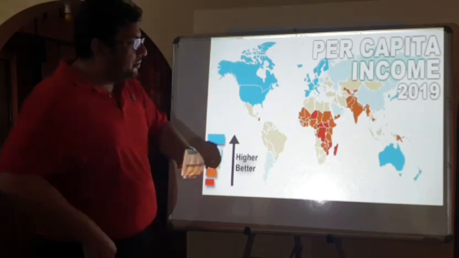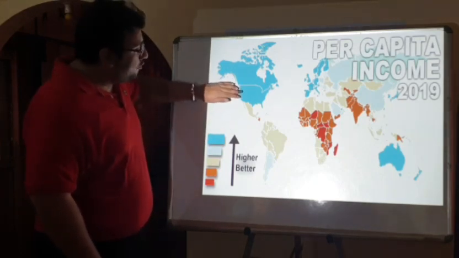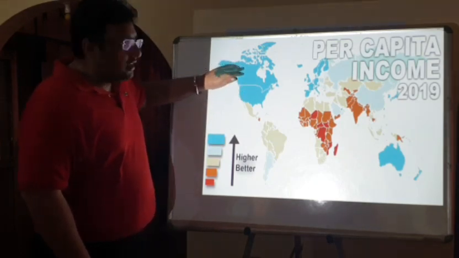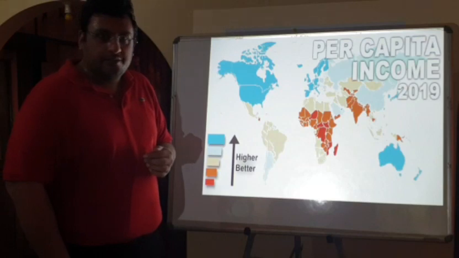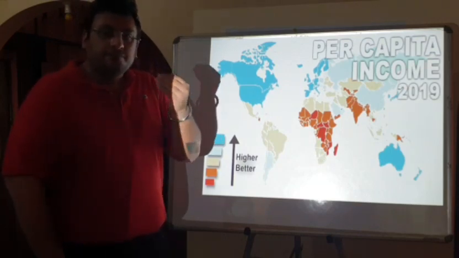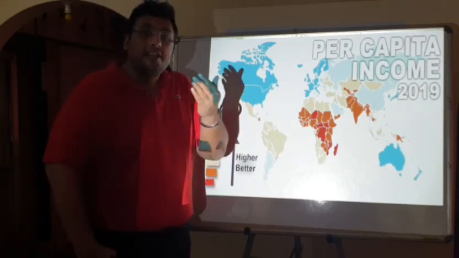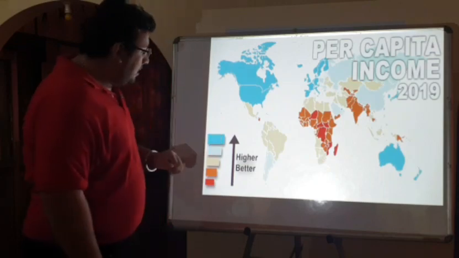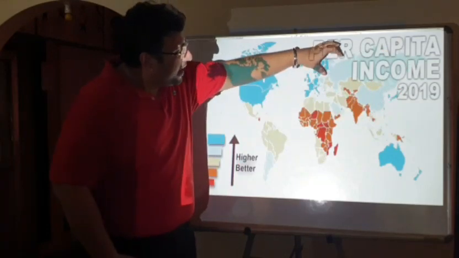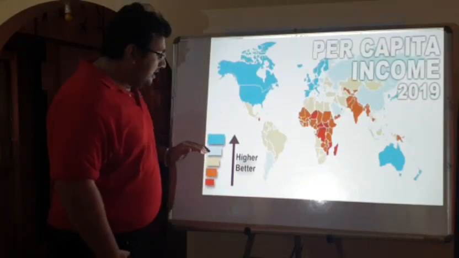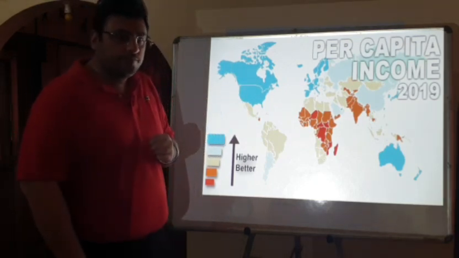So in this world map, on the basis of per capita income, we can clearly see that countries like United States of America, Canada, Britain, England are all high per capita income countries. Here the population is less, the income is more, therefore individual income of a person is on the higher side. Coming to the light blue part, we will see that the Russian countries and part of European countries come under the light blue part, which is slightly less than United States or the Australian countries.